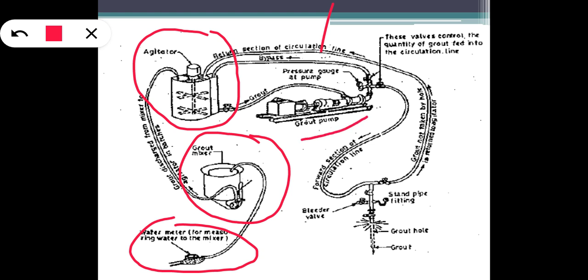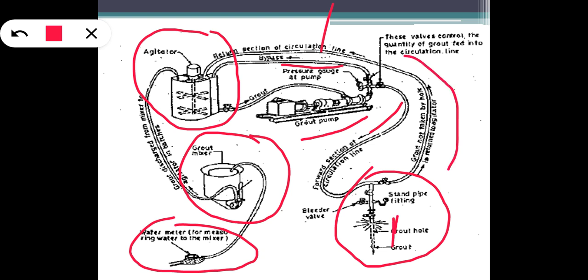Here the grout pump is there. So the grout pump will pressurize the grout, and that will be transferred to the grout pipe there. The grout which is not taken by this pipe will be sent back by the bypass to the agitator again. So it will be pressurized, and the grout which is not taken will again be sent back to the agitator. So this is the basic working of the